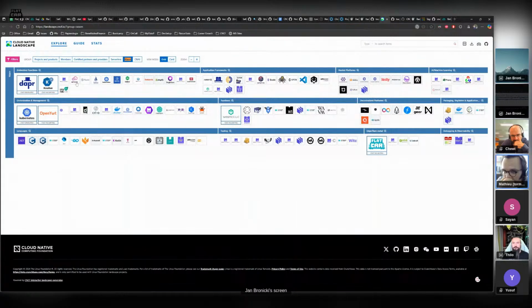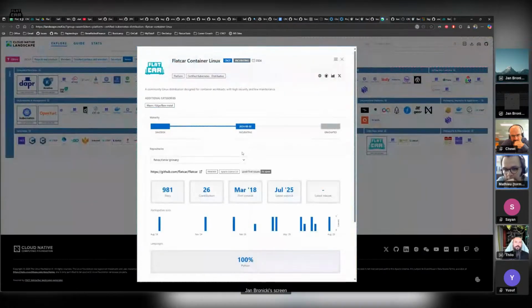Yeah, I see it. You see it? Right, bottom right. Edge bare metal. There's a big Flatcar logo. Oh, there we go. Right next to our friends from Unikraft. That's neat. Like it. Okay, so